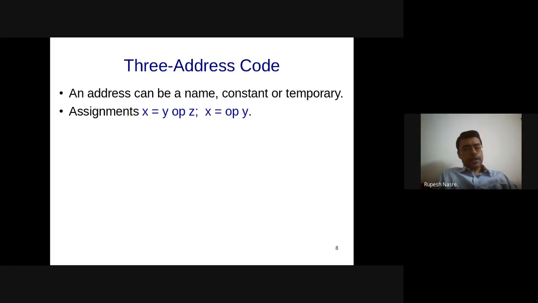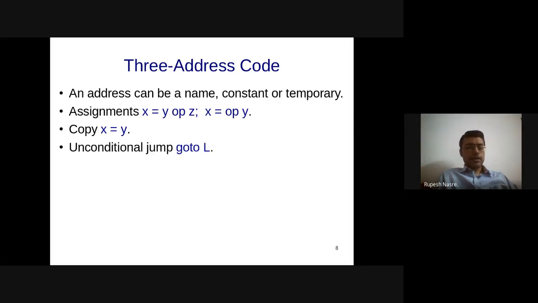Then the next part is the assignments, which is quite common, but typically there are 2 forms that we will be considering at the IR level. One is the binary operator, another is the unary operator, where the unary operator is also not always present. So you can have x equal to y op z, or you can have a separate copy statement which is like x equal to y. Many times these 2 can get grouped together. The reason why these are a little separate is because you are generating these assignment statements from the expression that you have, like we discussed on the previous slide.